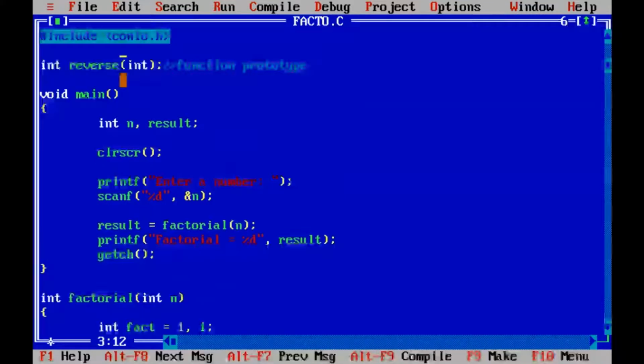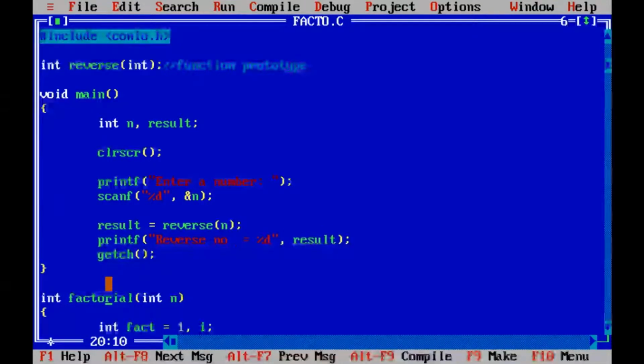Okay, so now I am writing a reverse function, so it will take one integer value and then it will reverse it, it will send me an integer answer. So this will all be the same. Here I am telling enter the number, we'll enter the number, then we'll make this particular call here. So I'll say reverse, okay, and then I'll say here reverse number equal to %d and then result.